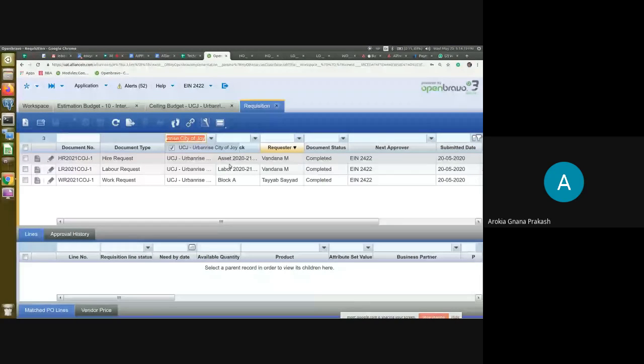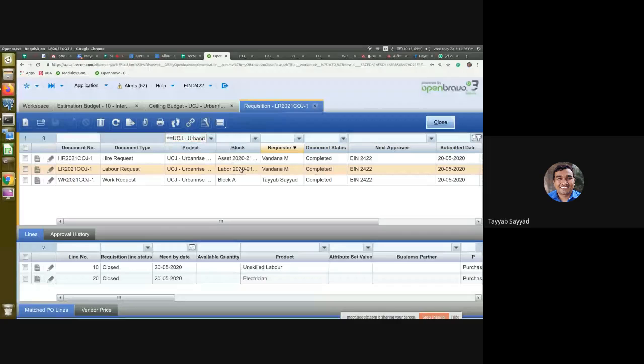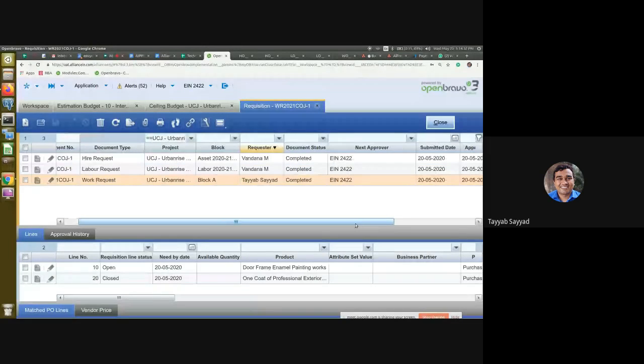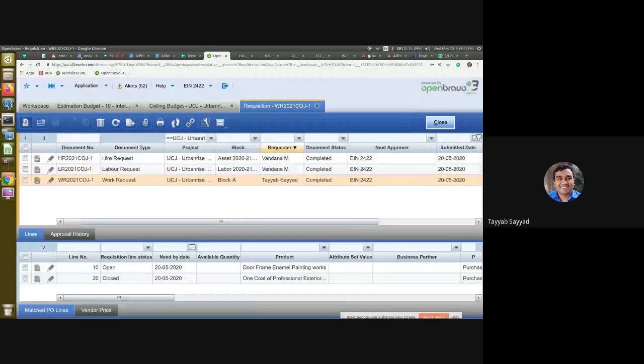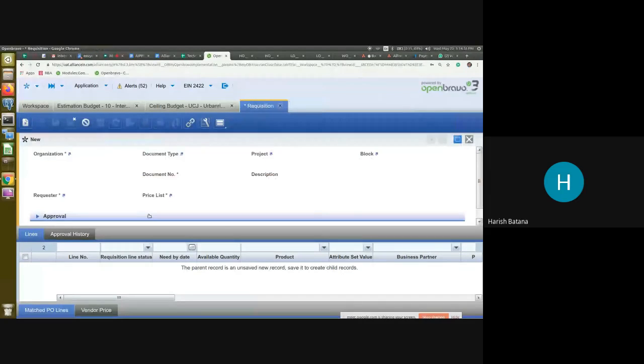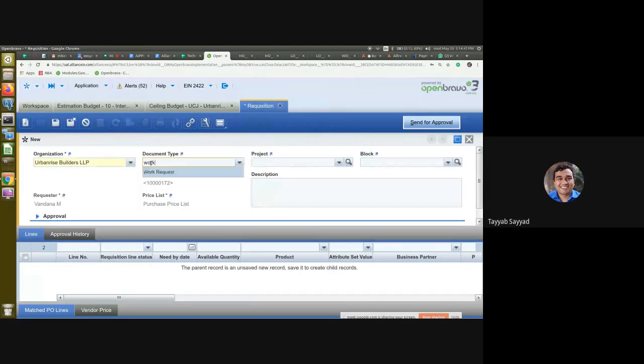It should come from the estimation, right? Yes, yes. Because I have not seen any BBS anywhere here. I showed the PBS. No, I'll create one more activity for you. One more work request. Right? Work request. Yeah.